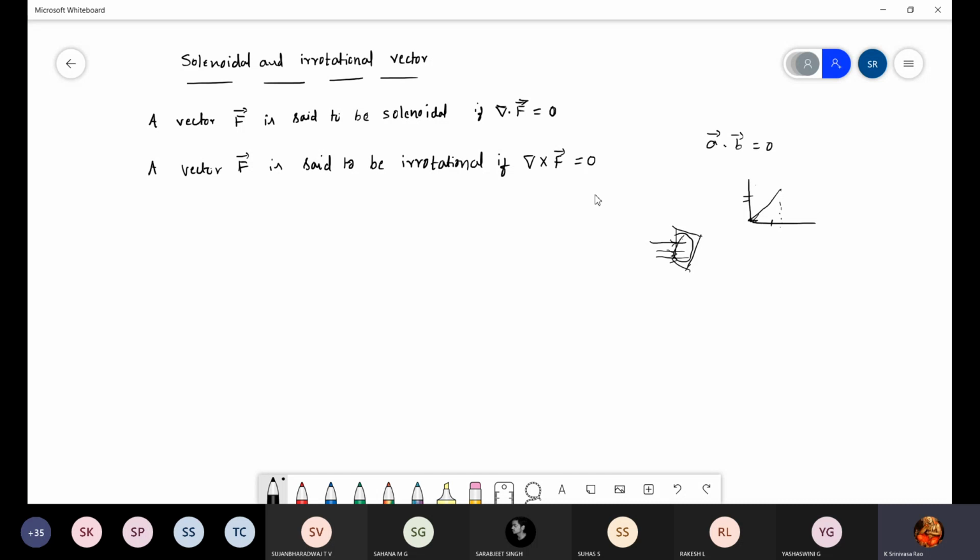Similarly, rotational is actually curl. The cross product is rotational. If it is 0, it means no rotation, or we use the word irrotational, that's it. Wherever curl, you have heard of someone having curly hair. That is curl only. Curly hair you can imagine as a three-dimensional spring. It has some rotation that you can calculate. Curl F means it is rotational. If the value is 0, that is called no rotation or irrotational. We will solve problems on this topic. Clear? Any doubt?